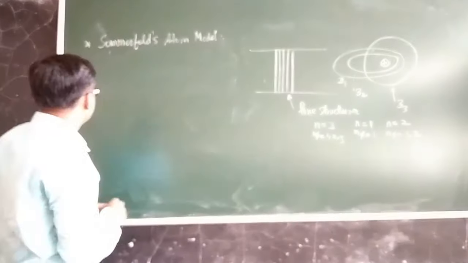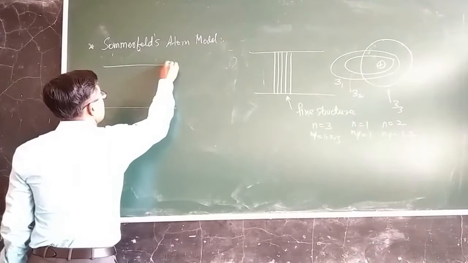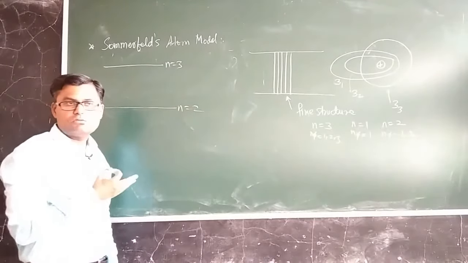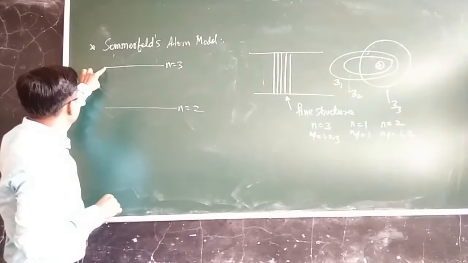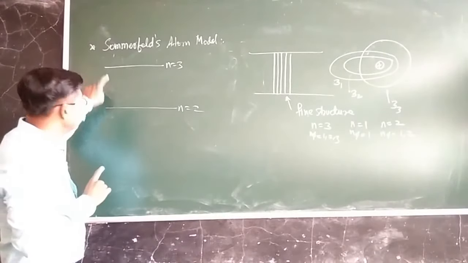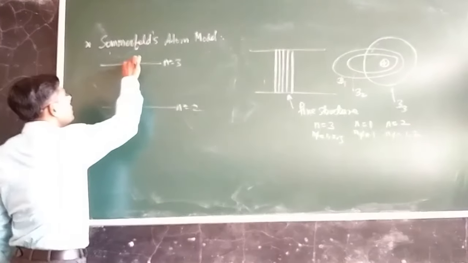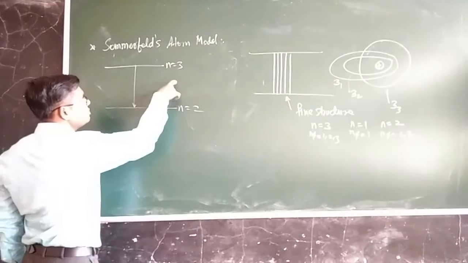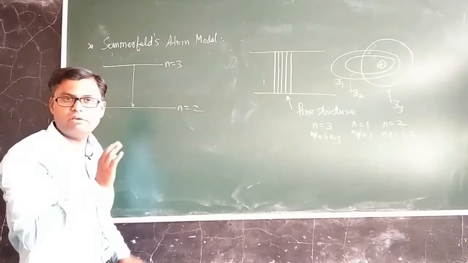The H alpha line will be obtained by the transition of an electron from n equal to 3 to n equal to 2. That we have seen as the origin of the Balmer series, right? So according to Bohr, n equal to 3 means what? A single energy level. N equal to 2 means what? A single energy level. So whenever the electron makes its transition from n equal to 3 to n equal to 2, a single photon should be emitted, and it would correspond to a single value of wavelength.